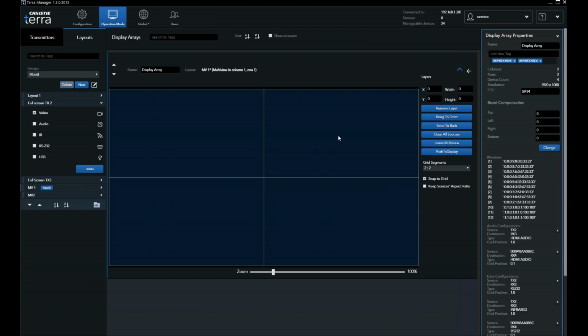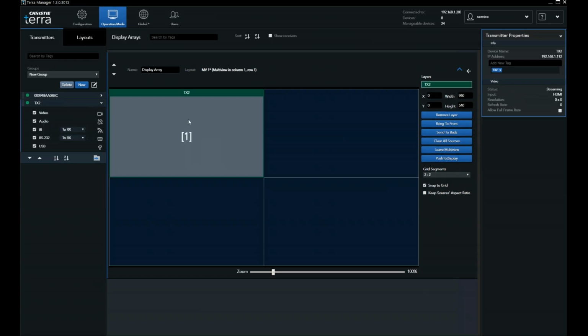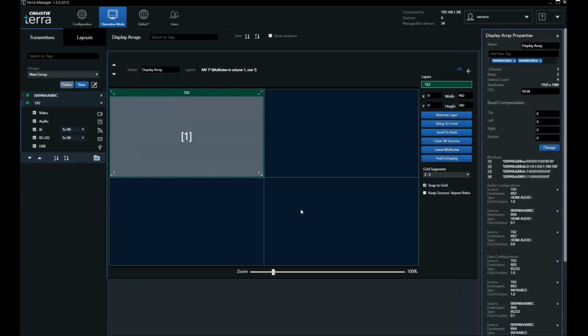However, if your multi-viewer is in HD, then each segment, let's take a transmitter down here and just drop it into this thing here, each segment of the quadrant is only 960 by 540. Now that fits a lot better into that 1 gigabyte or 1.5 gigabyte bandwidth that's left when you're using UHD and 4K. So that's why we recommend using